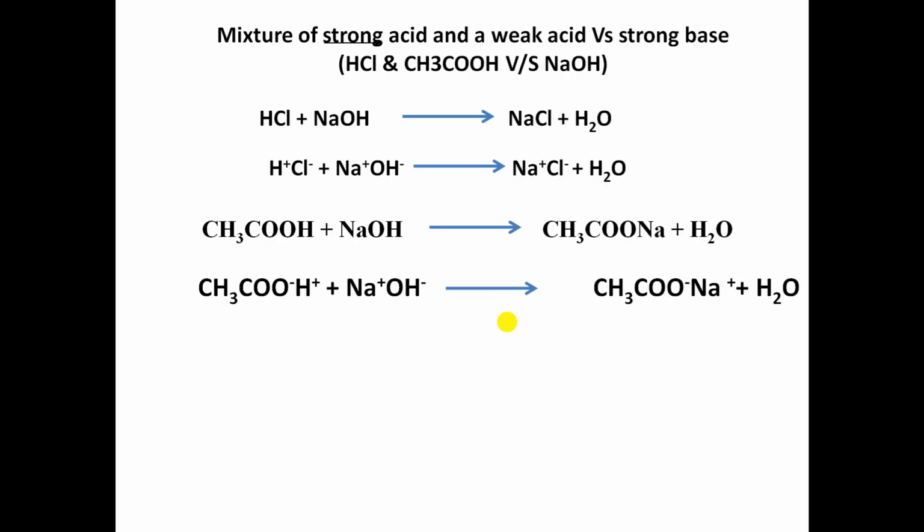Next, we are going to discuss the second application of conductometry, that is the determination of the concentration of a strong acid and a weak acid present in an acid mixture by using a strong base. Here we take a mixture of strong acid and weak acid, and we titrate that acid mixture with a strong base. In this example, we are taking the mixture of the strong acid HCl and the weak acid acetic acid, and this acid mixture is titrated against NaOH.